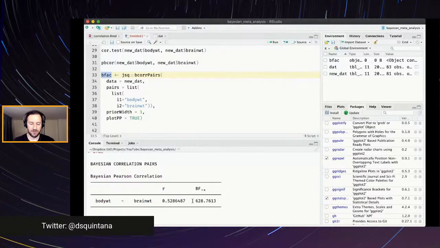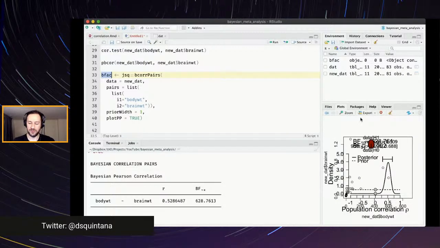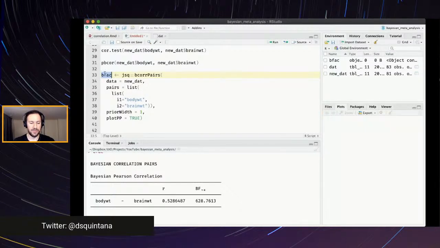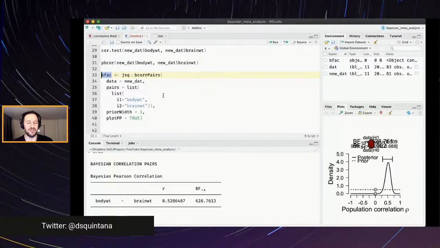So we have our results here, and our Bayes factor is over 600. This tells us, given our prior distribution, yeah, let's try that again. So this tells us there is over 600 times more evidence for an alternative hypothesis compared to the null hypothesis, that there's no relationship between these two variables. If we zoom in a bit here,